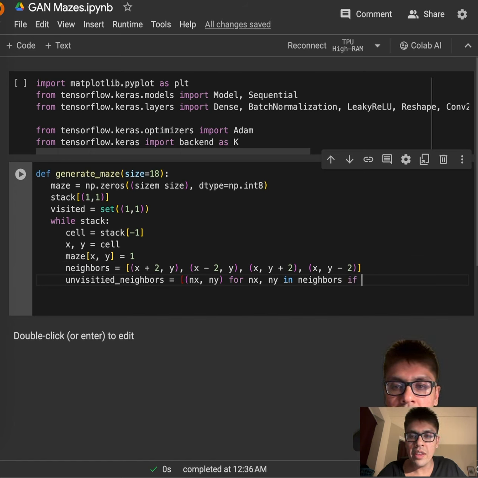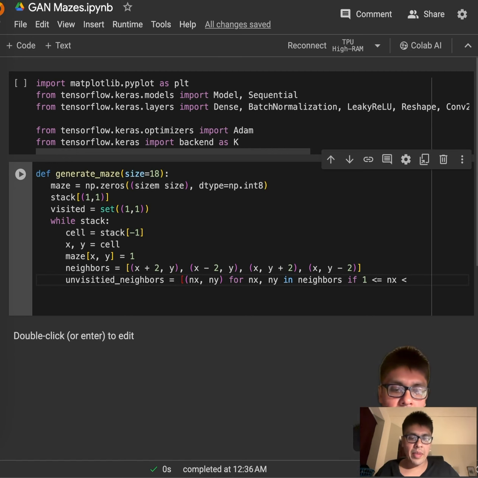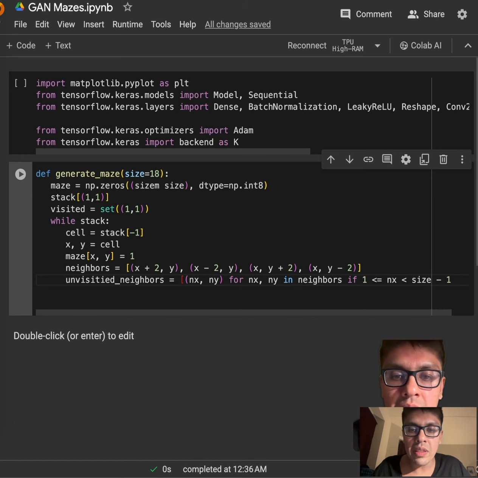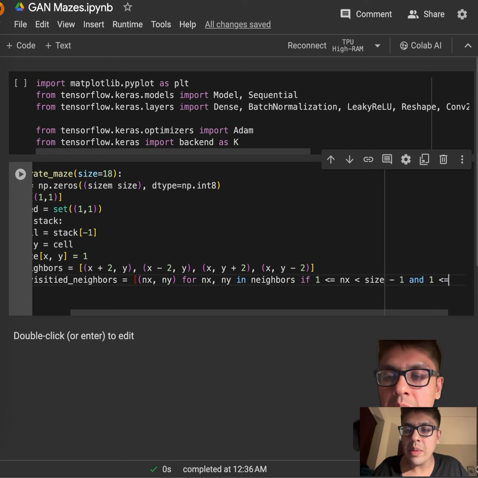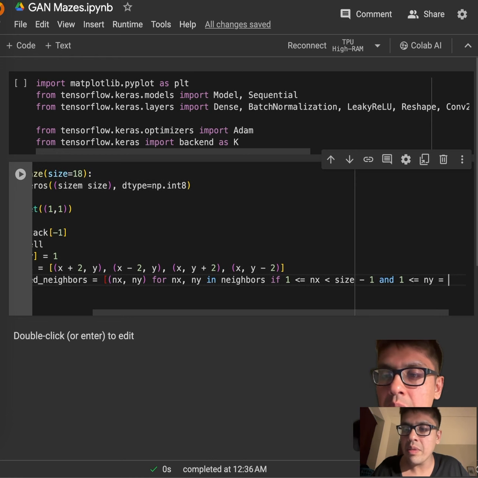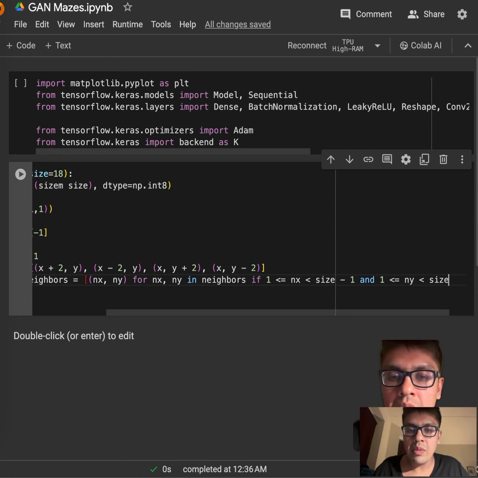And so now we check if the neighbor is less than or equal to 1 to check if the neighbor is a wall or not, or like an absolute boundary of the maze. And if it's less than size minus 1, so the size of the maze, because we don't want to go outside of the bounds of the maze, so that won't be a valid neighbor. And we do that in both the